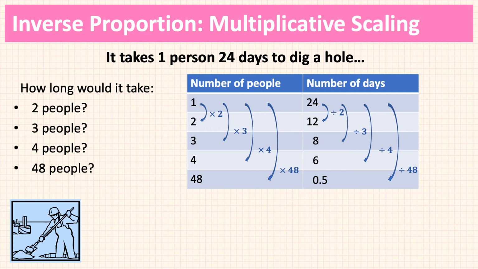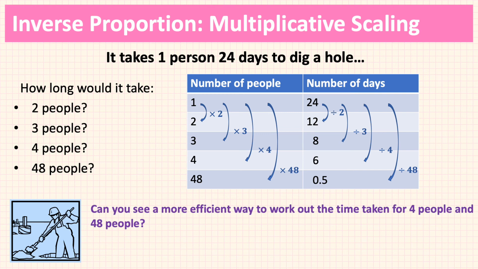Now, you might also notice similarities here with the rectangle question. You hopefully will notice that each row multiplies to give you 24. So 1 times 24 is 24, 2 times 12 is 24, 3 times 8 is 24, 4 times 6 is 24, and 48 times 0.5 is 24. That's a really good check of your calculations, because if your relationships are all in proportion to each other, then multiplying column 1 by column 2 will give you the same answer every time. Okay,